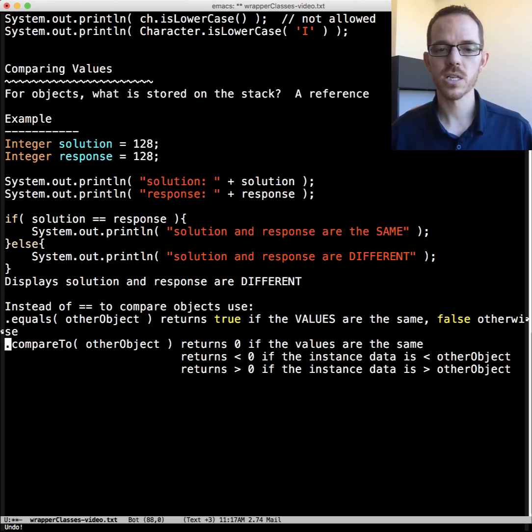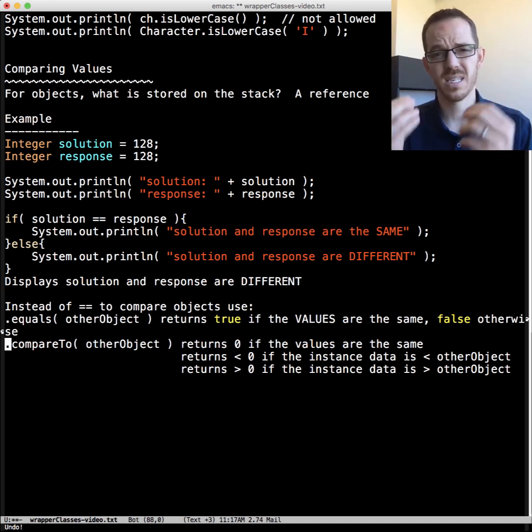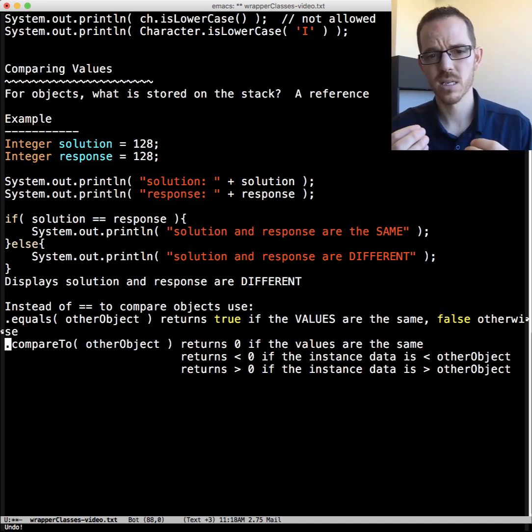With .equals, it's going to return true if the values are the same and false otherwise. If we don't really care if they're the same object, then we want to call .equals instead. Whereas if we want to get a relative ordering, then we would do compareTo.